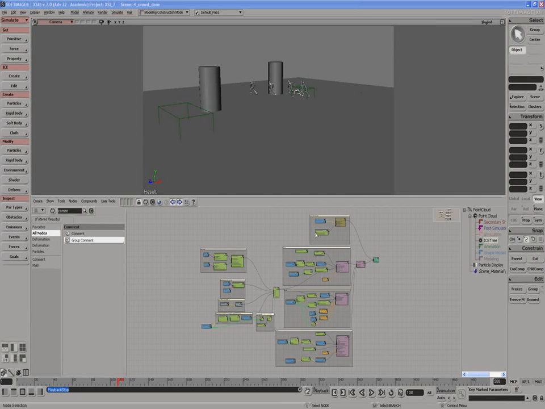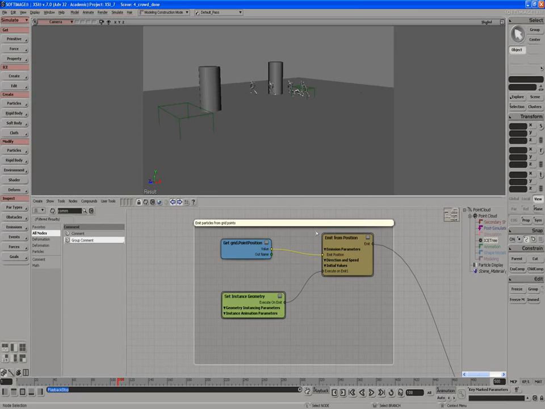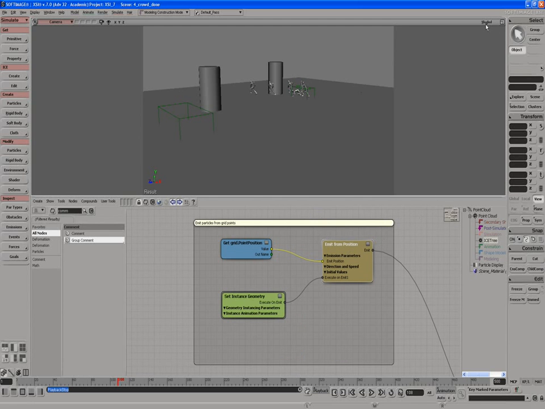So I'm going to go ahead through the different nodes I've set up in this scene. So we're going to start with this first one. I've commented everything so it's nice and clear. So first of all, we emit the particles, and we're emitting them from a grid. And if I go to wireframe,